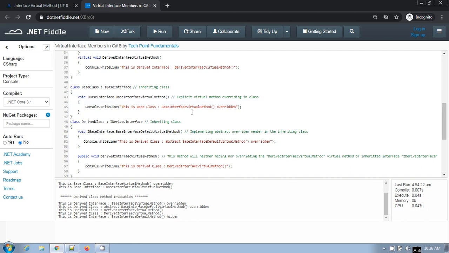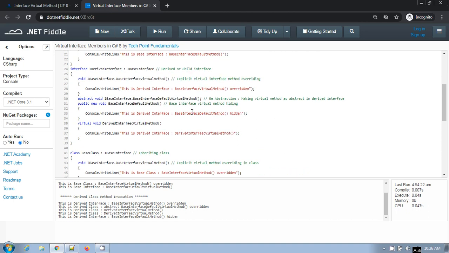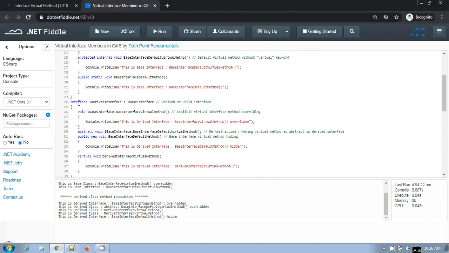Also, if you are overriding the base interface virtual method in the inheriting interface, you also have to provide the explicit virtual method overriding, otherwise it will hide the base interface method. If you see here in this method, I have not provided any explicit definition. In that case, this will hide the base interface default method, right?